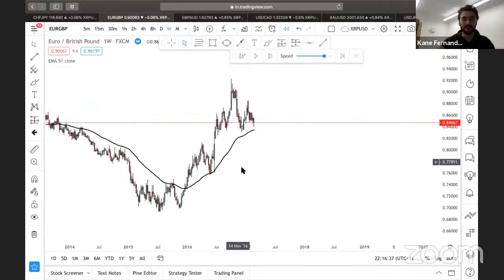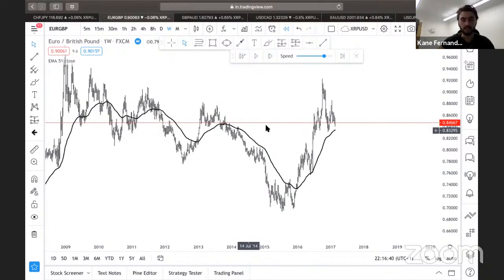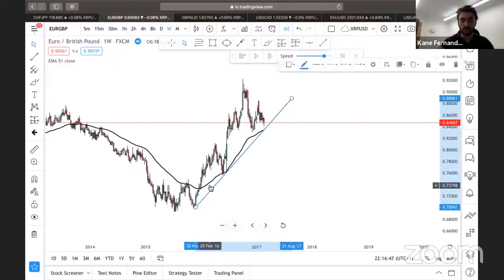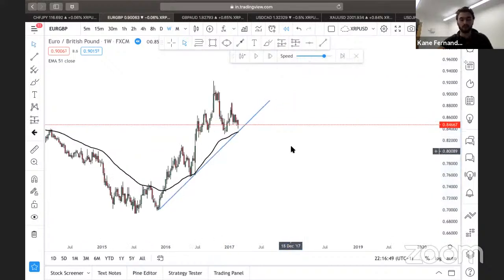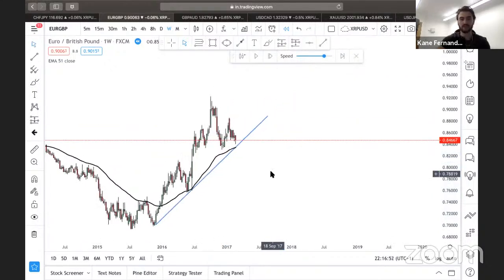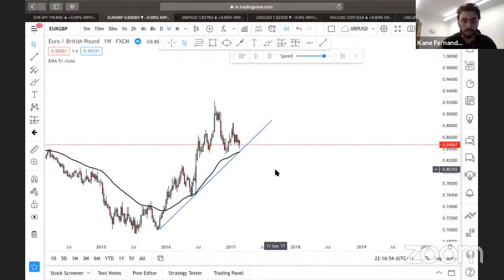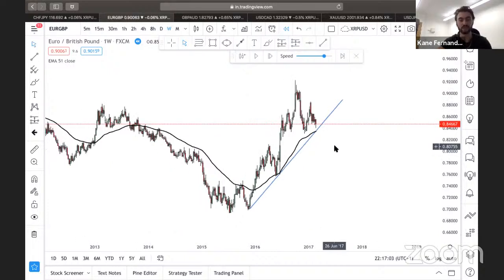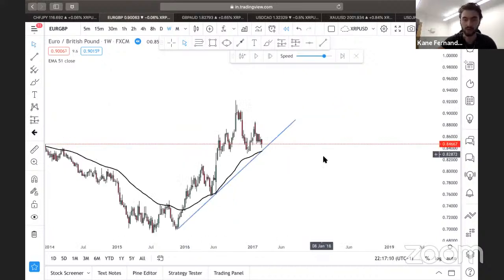Cool. So weekly time frame, I can see that it's in an uptrend because it's making higher highs and higher lows. If I get the trend line on, 1 touch there, 2 touch, looking for the 3rd touch of the trend line to make through. Obviously the highest probability is the 3rd touch. So I'm basically looking for price to hit this EMA and probably shoot to the upside, because we can see previously it's been acting as dynamic resistance here, resistance here, resistance here, broken through, acting as support, acting as support. That's what I'm seeing on the weekly.